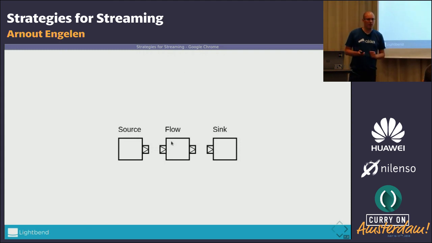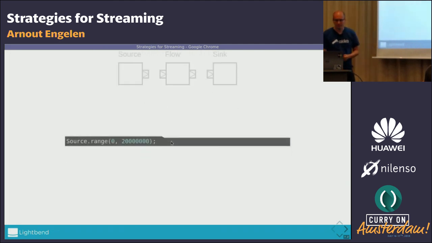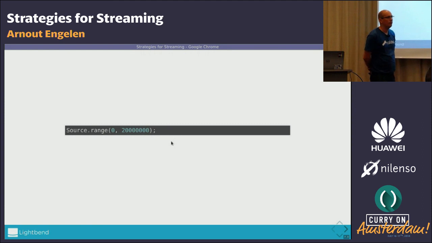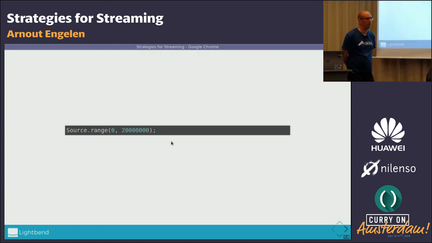So the basic concepts of Akka Streams are sources, flows, and sinks. A source is something where data comes out. A flow is something where data comes in and data goes out. And a sink is something where data goes into it and is gone. So let's give some examples of sources and sinks. These are in Java. So you can have, yes? Java has a few types of sources, for example, single, maybe. Akka Streams doesn't have something similar.